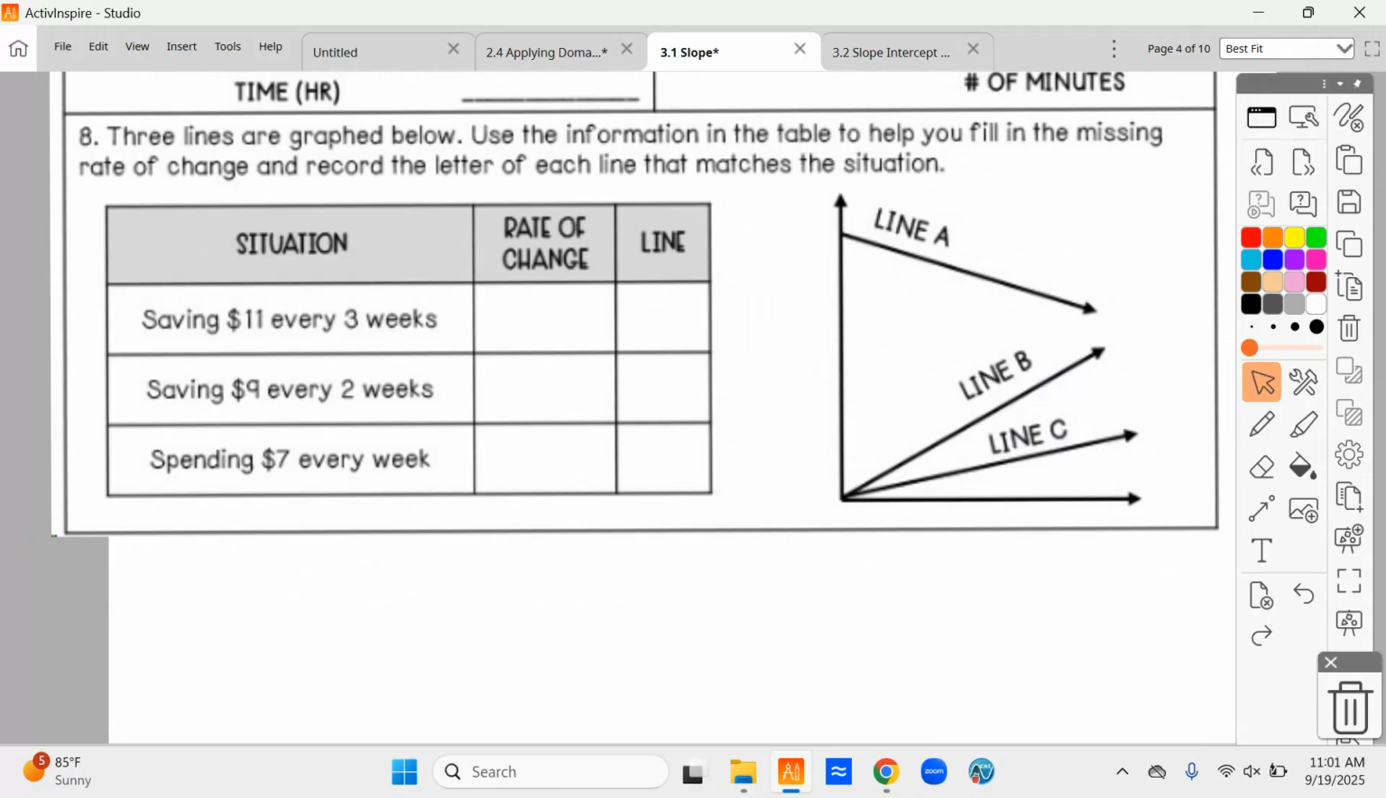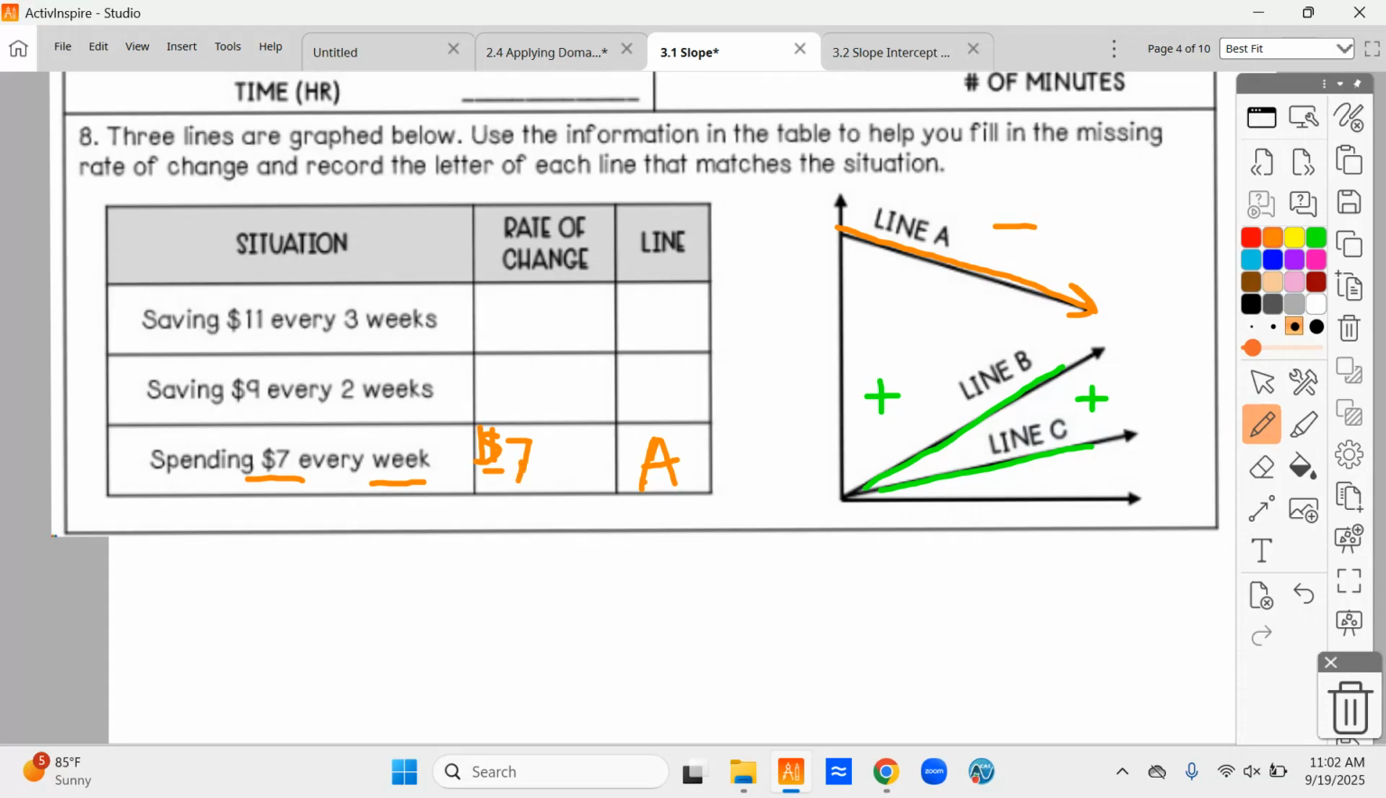So ignoring the table for a moment, I just want you to pay attention to the lines. Line A is downhill, so this is going to be a negative slope. Line B and line C are uphill, so these will both be positive slope. So when we evaluate our situations, we have saving, and spending. So right there, I can recognize that line A is my only spending, it's my only negative, and my rate of change would be spending $7 every week. So I could say